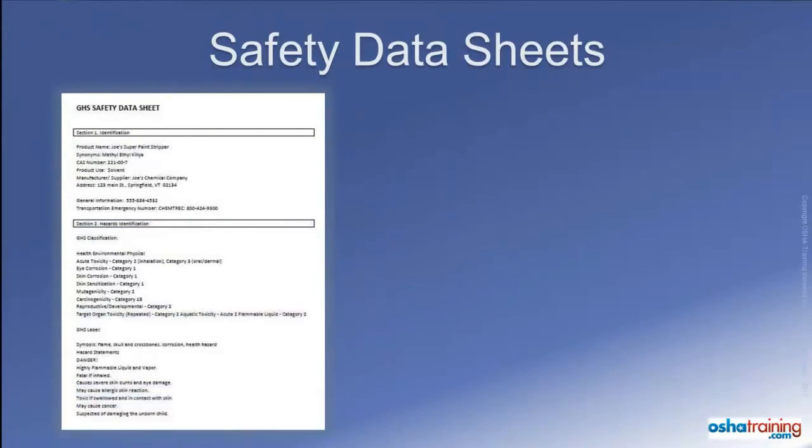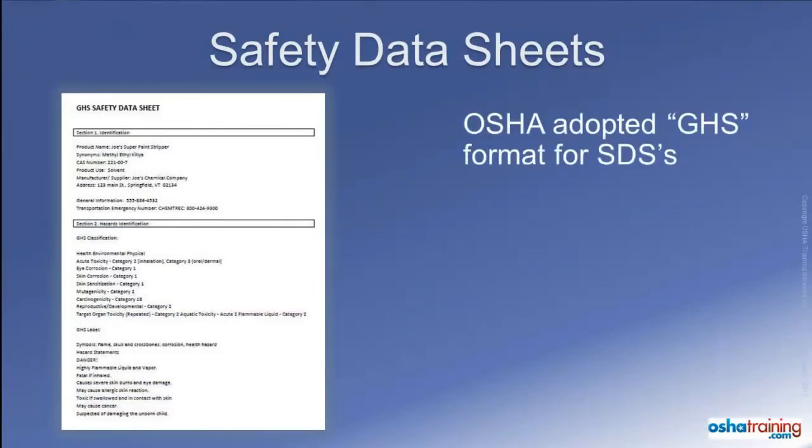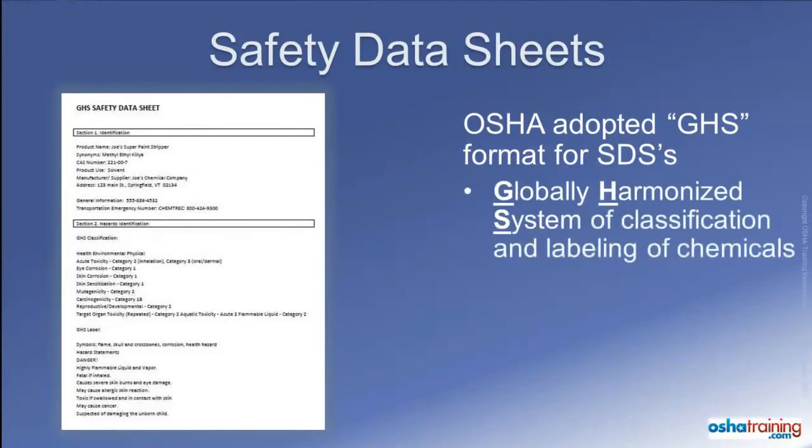As part of the revision to their HazCom standard, OSHA adopted the GHS formatting requirements for safety data sheets. GHS stands for the Globally Harmonized System of Classification and Labeling of Chemicals. The GHS is a standardized system, meaning there will be consistency in the information appearing in safety data sheets. This system was developed by the United Nations, which means that